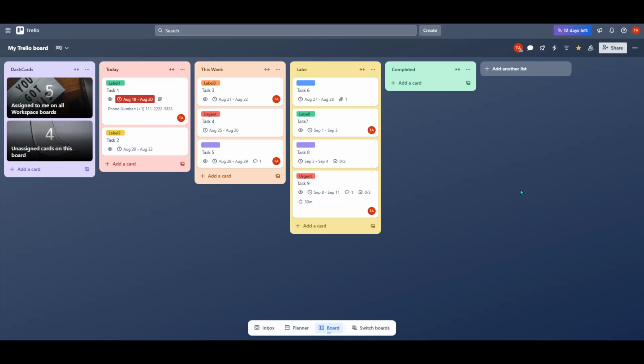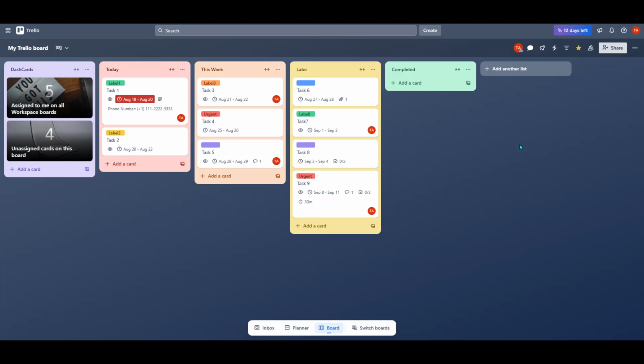In today's video, I'm going to teach you how to create a form in Trello. Trello is a powerful tool for organizing projects and tasks, and learning how to create forms within Trello can make your workflow even more efficient. We'll guide you step by step, ensuring that you can easily follow along and replicate this process on your own